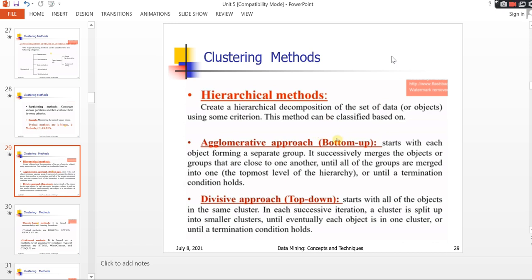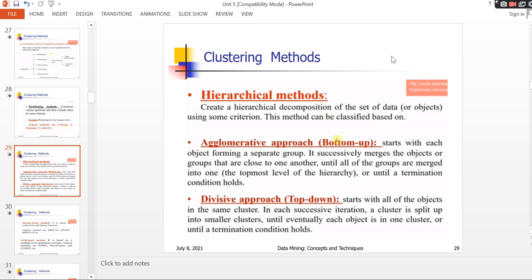At each and every level you divide the data into different categories based upon dissimilarity. Dividing the data into groups is nothing but clustering. You apply clustering from top to bottom, level by level. That is nothing but the top down or divisive approach. It starts with all the objects.